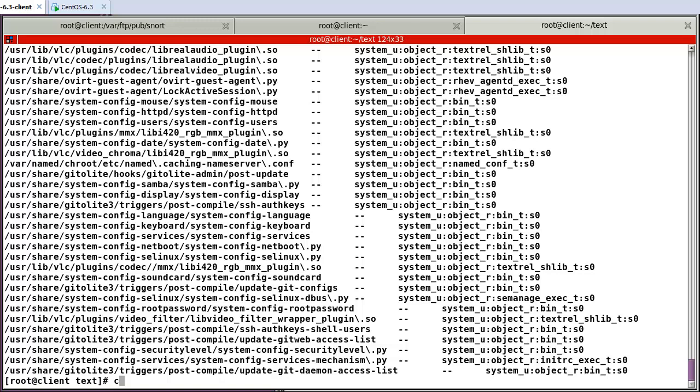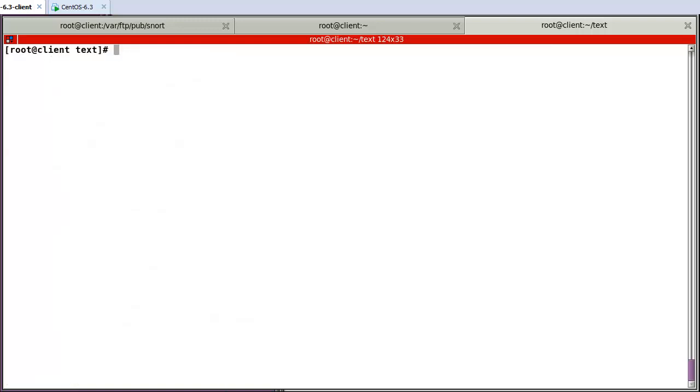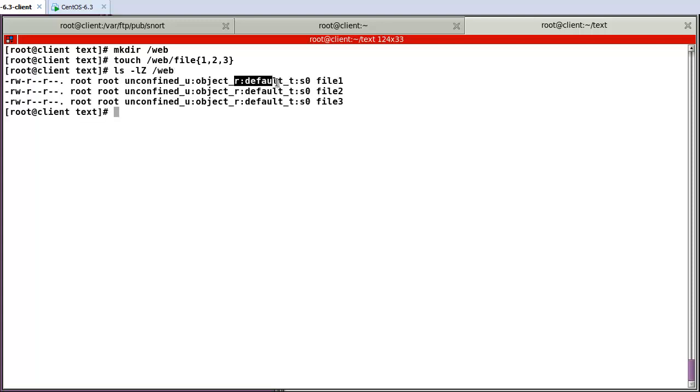Okay, now let's test the temporary changes. Web, and after that touch file 1, 2, 3. Okay, and after that, we can find these default types. Okay, and using chcon -R httpd sys content type t